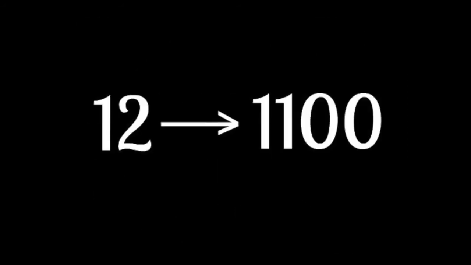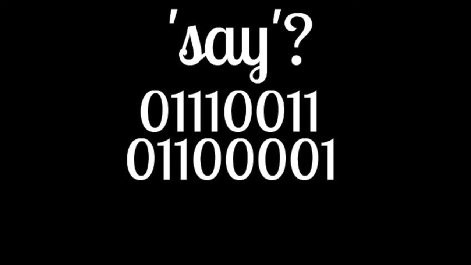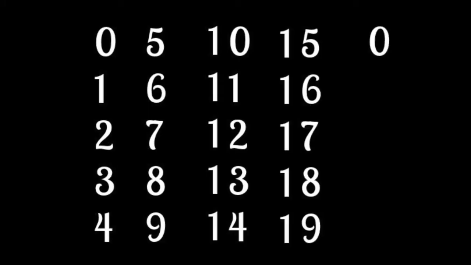Right, so how do I say 12 with just ones and zeros? In the units place, we have 0, 1, 2, 3 up to 9, after which we repeat 0 in the units place for the first time. Following which we repeat 1 for the first time in the number 11 and so on until 19. After which we repeat 0 but for the second time, aka the number 20.